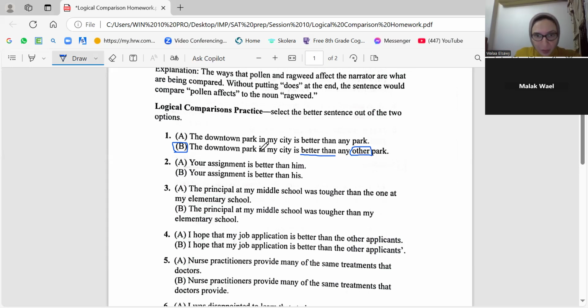Here you want to compare the park to the rest of the parks. So here you use the comparative form. So we should use the word "other." And in another structure, sometimes it's "else." Okay, Malak? Yes. Okay, as for number two,